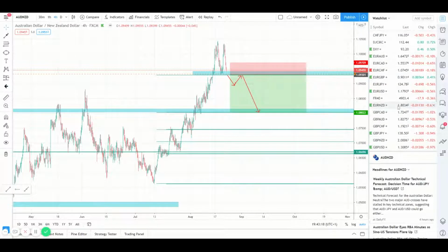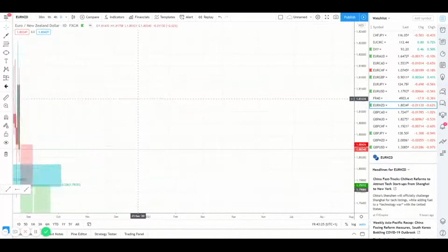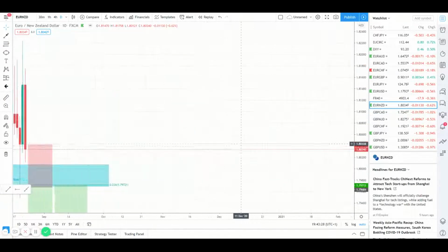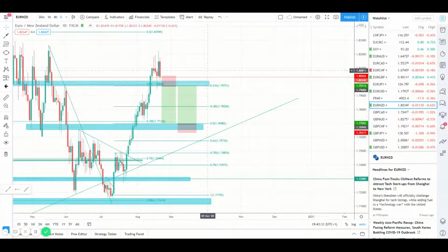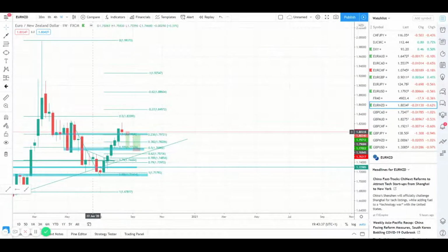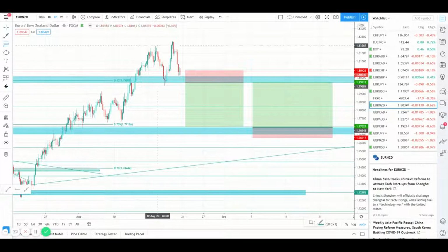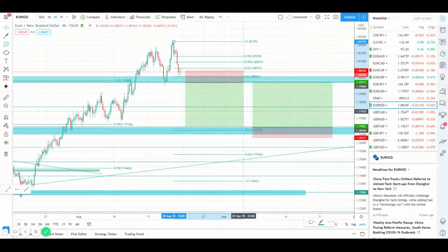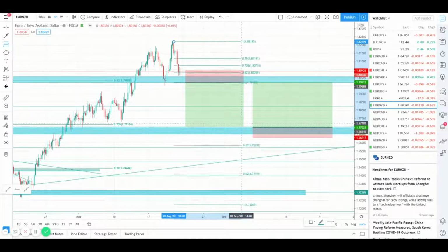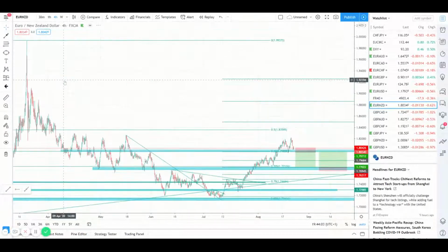Euro New Zealand, very similar situation. We've got a double top formation coming into play here on the daily. Obviously, it's a little bit messier right now, but what I was looking to do was, on the impulse of our weekly move, so from this low to this high, yes, we've broken some key levels here. So essentially what I'm looking for is a break of the 236 Fibonacci, which ideally would give us an entry. Anyway, I'm looking for a break on the 23 Fibonacci here to get back in this range,